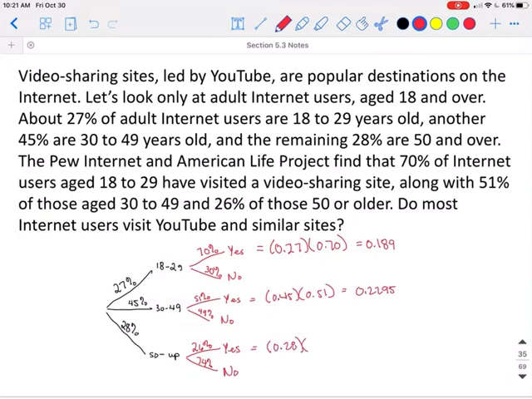And 28% of this age group gets online, and 26% of them watch video sharing sites, which would give us 0.0728. If we add those categories together, because we want to know all together in all the age groups, we're going to get 0.4913. So do most internet users visit YouTube and similar sites? The answer would be no, because it is less than